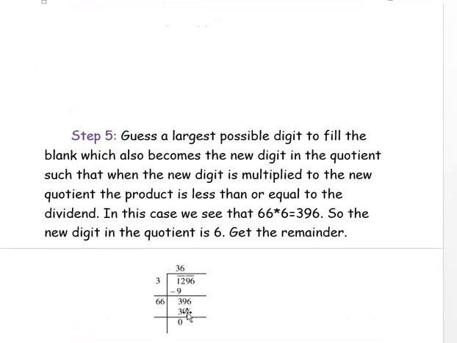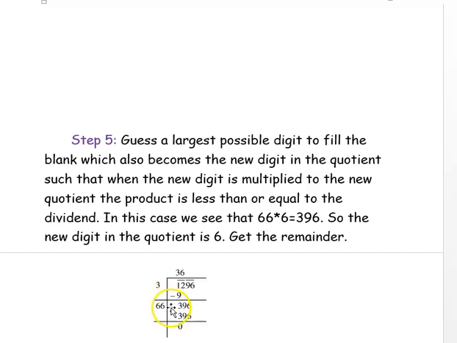Okay, so next step, I am going to guess the next number to be written in that dash. I am going to start with 1, 2, 3 like that. I have to put the new number as the quotient and I have to multiply it. So 61 into 1, I will not get it. 62 into 2, I will not get it. So I have tried like this and I got the number 66 into 6,